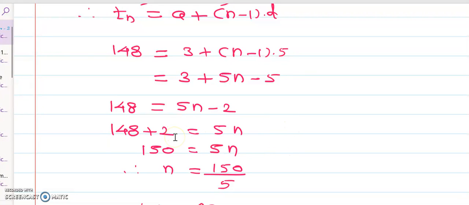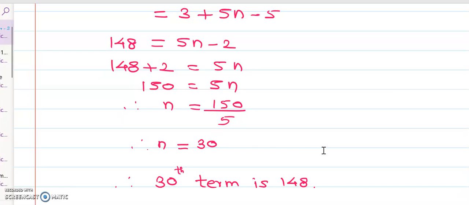Therefore 5n is equal to 148 plus 2. Therefore 5n is equal to 150, n is equal to 150 upon 5. Therefore n is equal to 30. Therefore 148 is the 30th term. Now next,